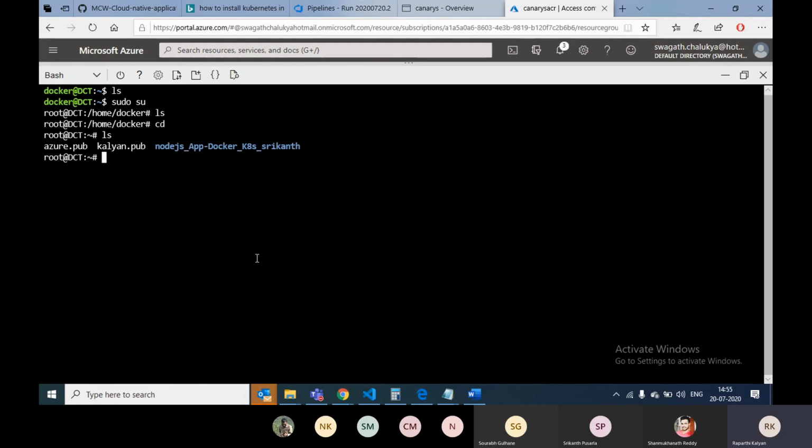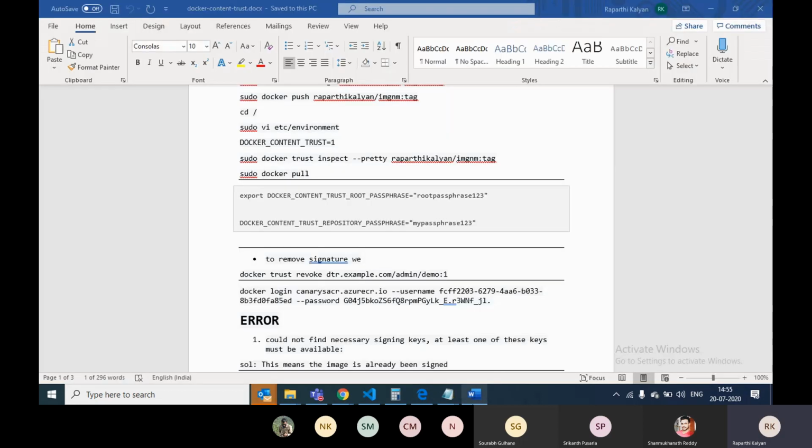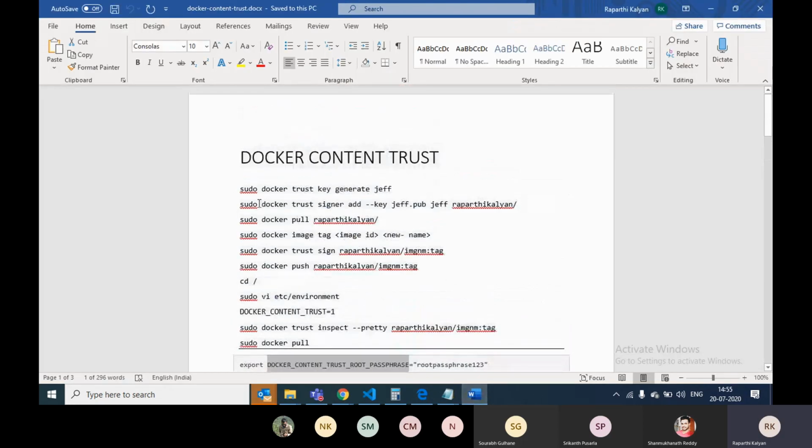Previously we have added Azure.pub, right? So we also have to add the signer. That step I forgot, so that is the error which is showing me.